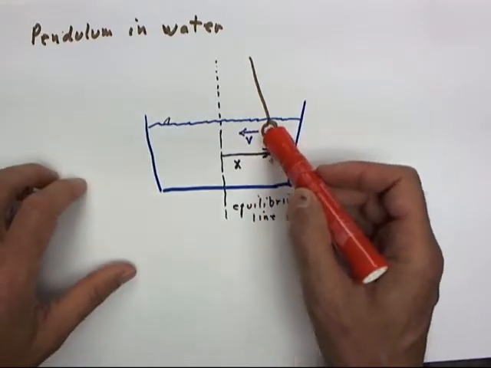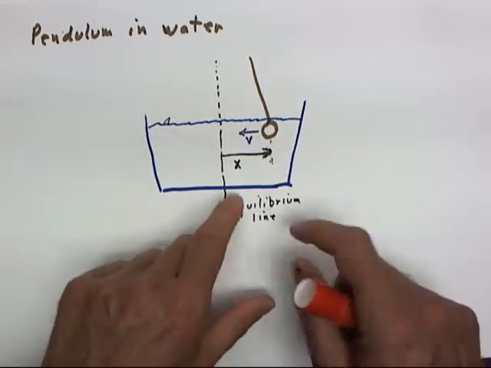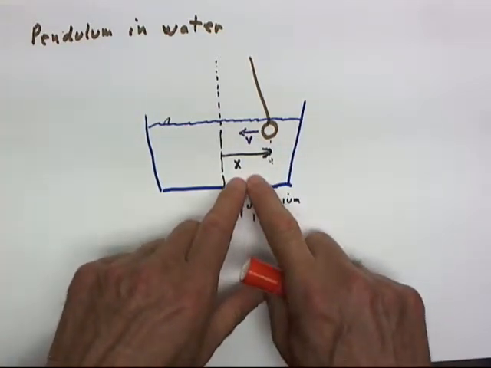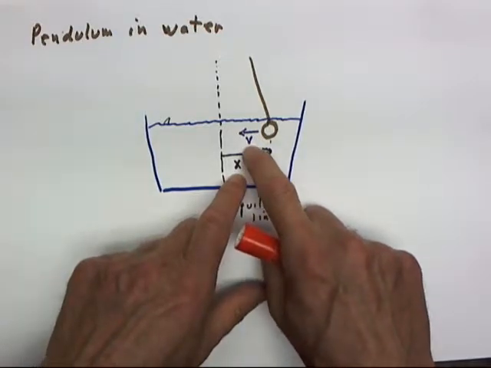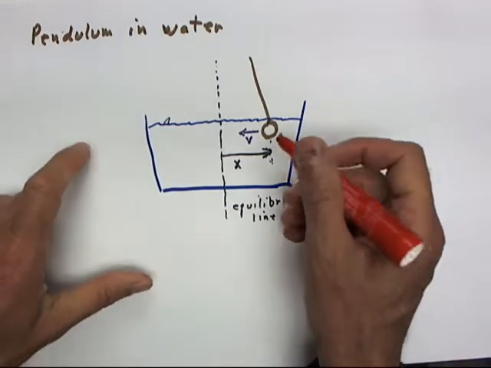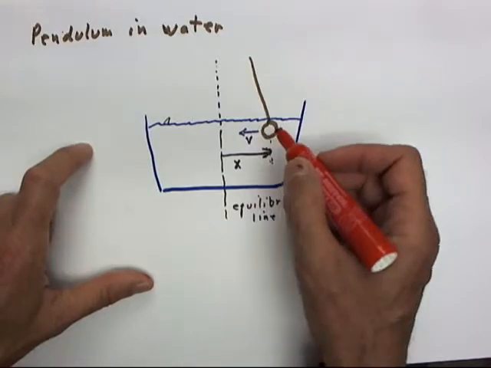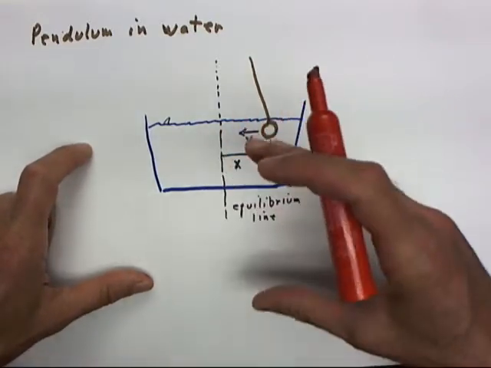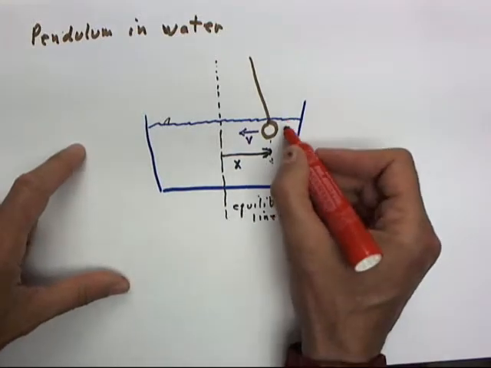When a pendulum is swinging through the water, at any given instant it'll be at some position x, x being a function of t, and it'll have some velocity v, the velocity being a function of t. It will experience a drag force in the direction opposite its velocity. Moving in this direction, it has to move water out of the way. The water pushes back, and you get a force